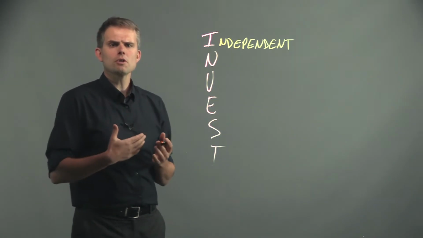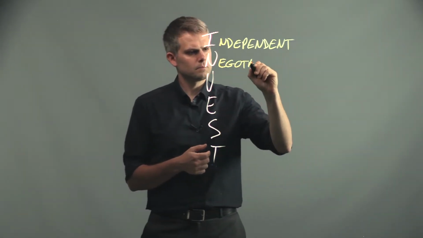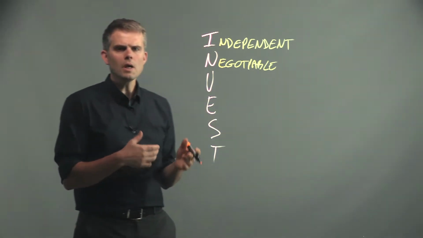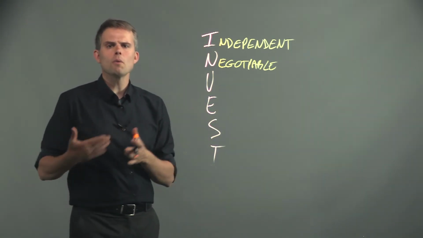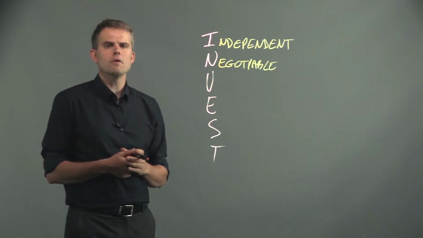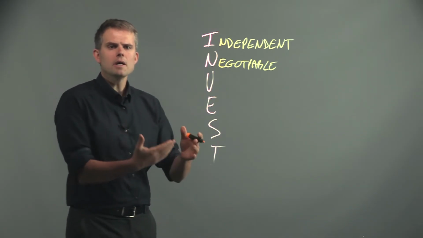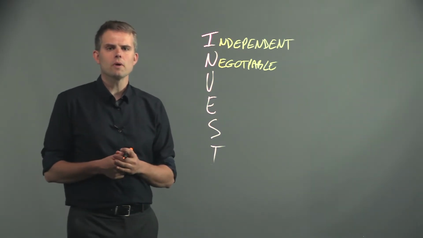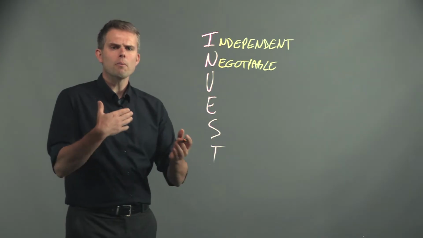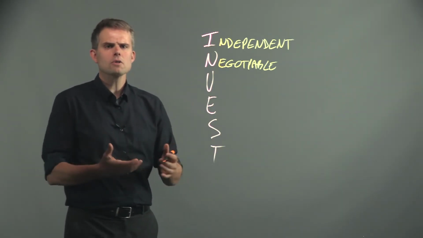Next, we want to think about our stories in a way that makes them negotiable. If we can't negotiate about a story, we can't effectively choose whether or not we want to pursue that story in an iteration. So during the negotiation phase, what often ends up happening is extra features or extra detail is added to the user's story. So it needs to be possible to consider these user stories a work in progress